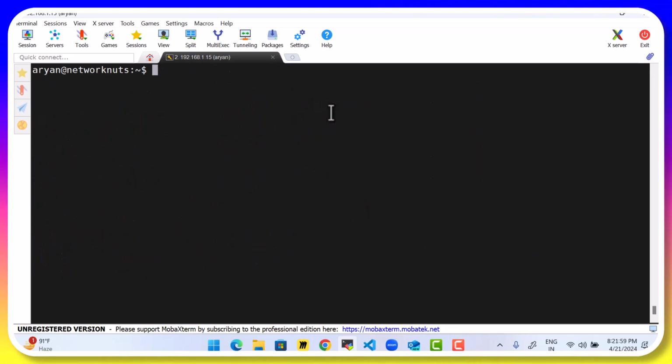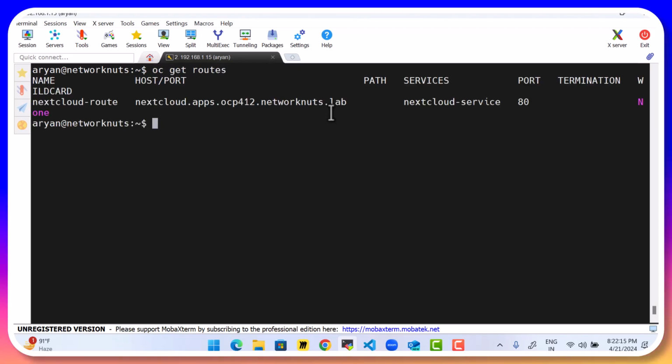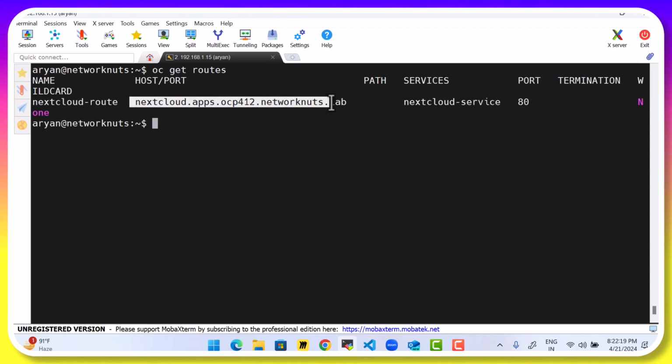So you can create things via the YAML or you can also use the oc command depending upon how things are done in your organization. Generally, what we see is that everything is written via the YAML and then we simply apply the YAML whenever we are required to do so. And oc get route just shows the route. So we can copy this